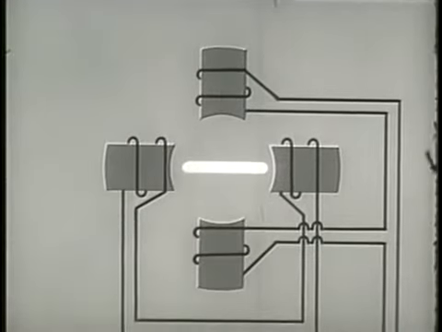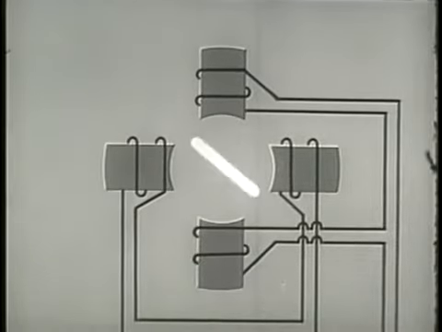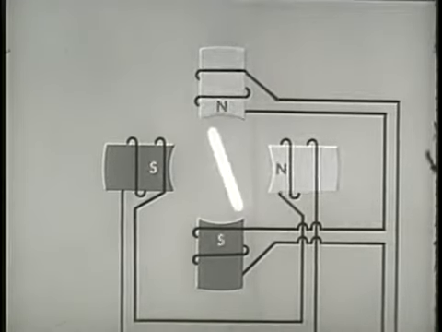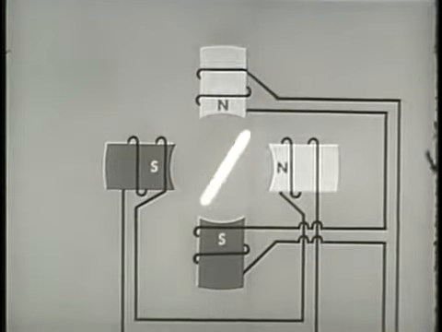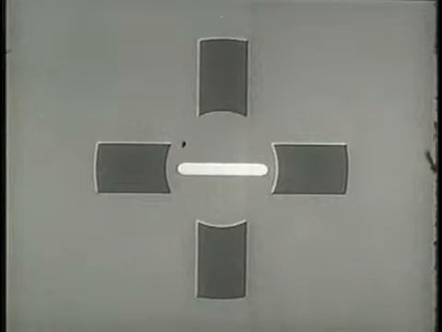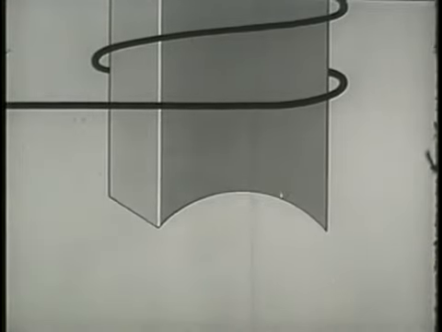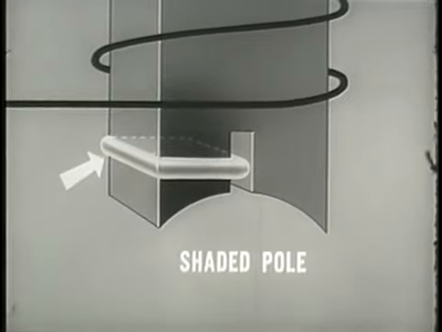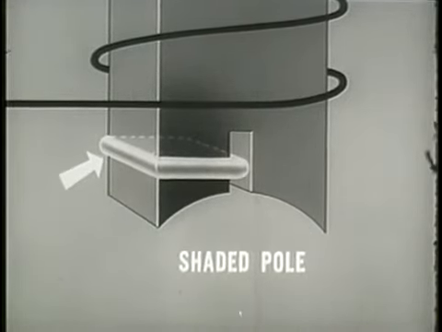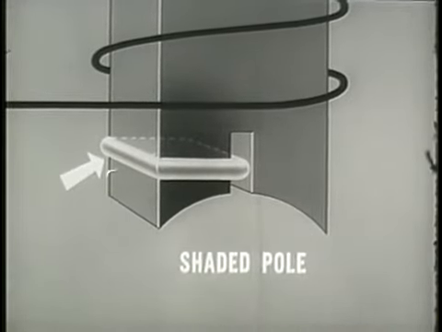The major problem is getting it started. If the rotor is started by hand, relative motion is created and the motor will continue to run. But this is not a very practical method. There are several ways to start a single-phase induction motor. One method is the use of shaded poles in the field. A shaded pole is attained by placing